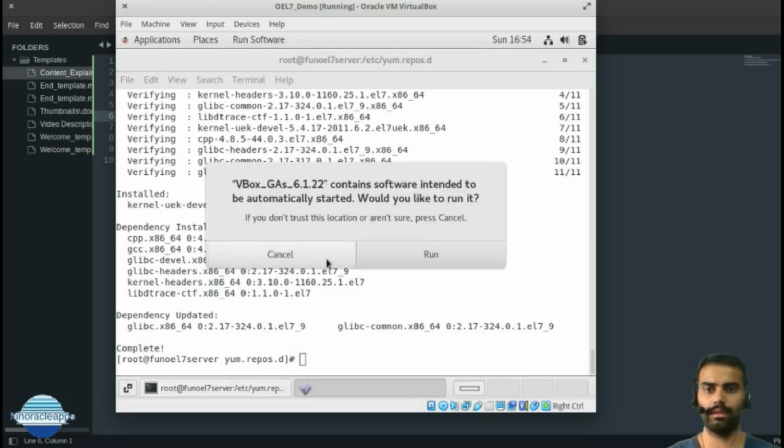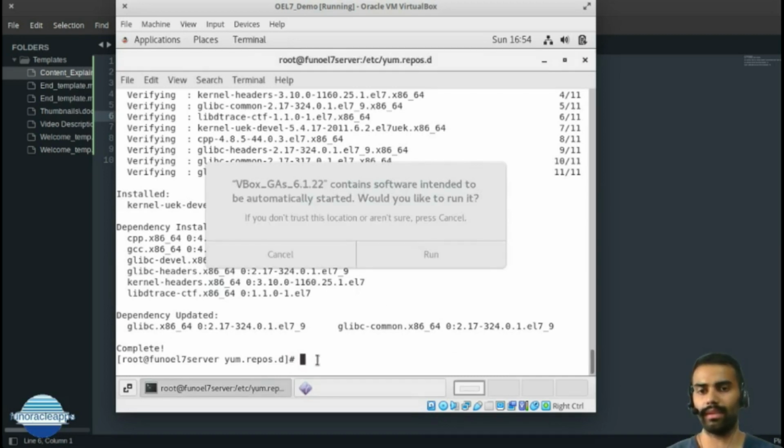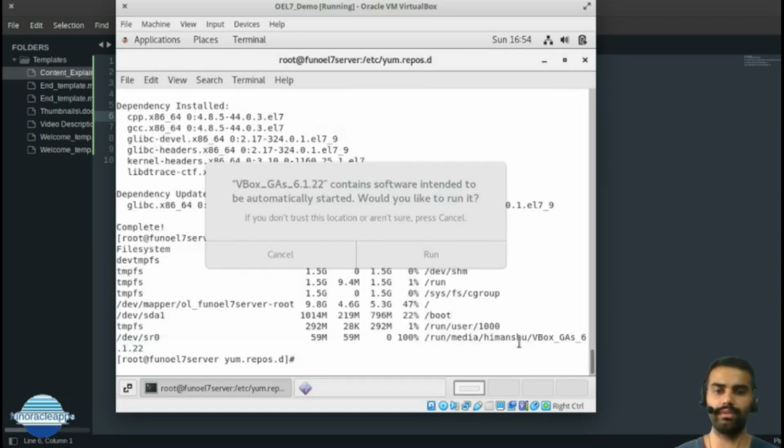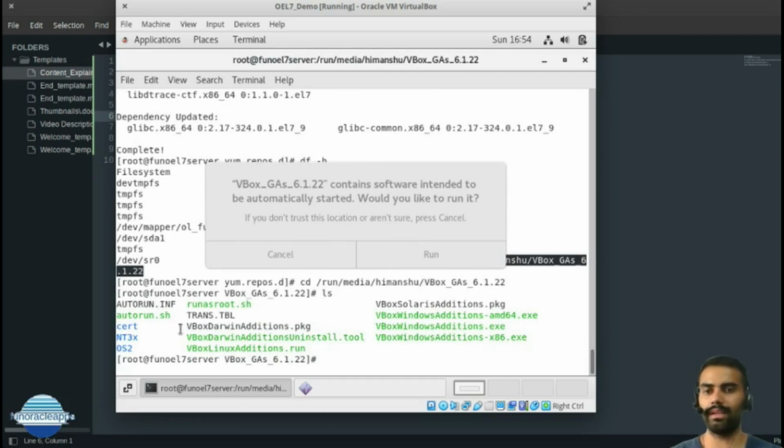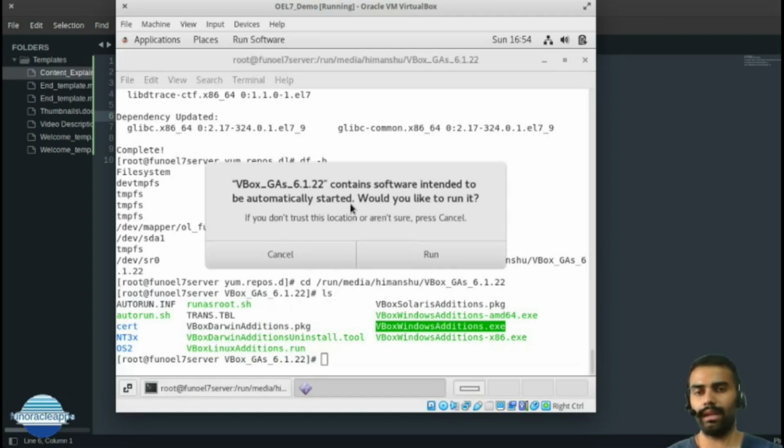As soon as it gets mounted, it will ask you to run it directly, or you can even run it manually from here. Whichever method. If you see here, the guest edition ISO image is here, and you can simply go to that location and run this file, the guest edition run file. Or if you are on Windows, you might have to use the exe, if it is a Windows based operating system that you have installed in the VM. But you can do it both ways, whether via command line interface or this application.